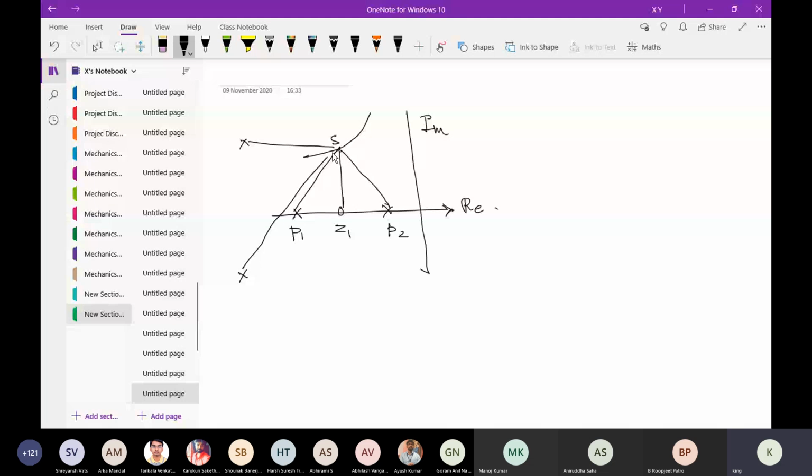So what do these lines represent? If I have this point P here, and I call these A, B, C, D, E, then